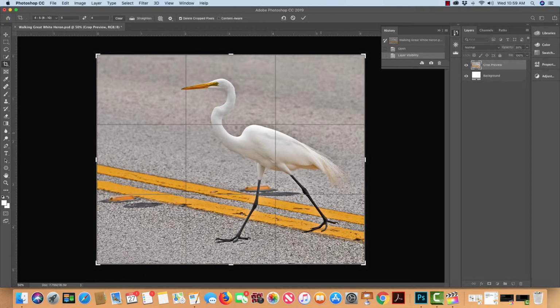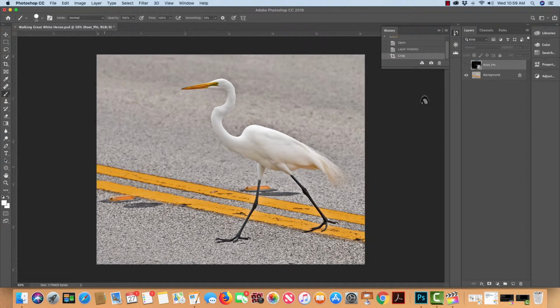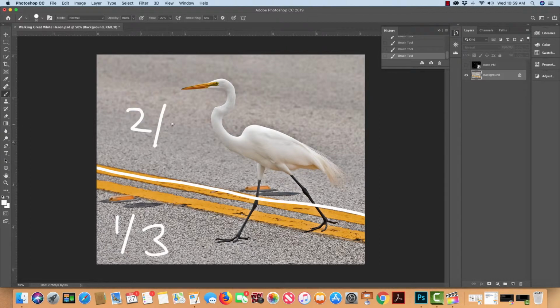So the Great White Heron, looking at the rule of thirds grid, we're going to see that the bottom third lines up with these yellow lines. Right here is the center of it, and you've got top and bottom, so they're equal. So to show you graphically, we have the bottom third and the top two thirds. All right. Also,